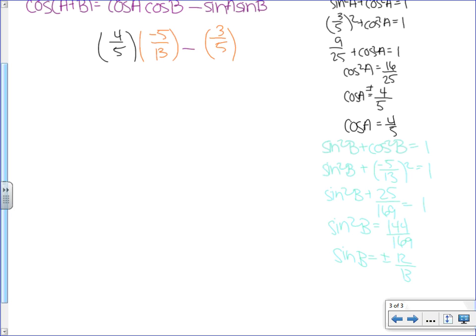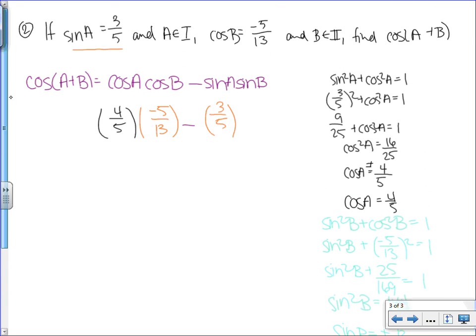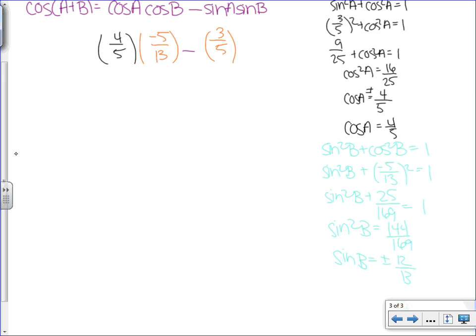Now in this case, when I get plus or minus 12 over 13, what quadrant am I in? I'm in quadrant 2, and in quadrant 2, my signs are positive, so I want the positive. So I'll plug in here. And now, let's see, we're going to get negative 20 over 65